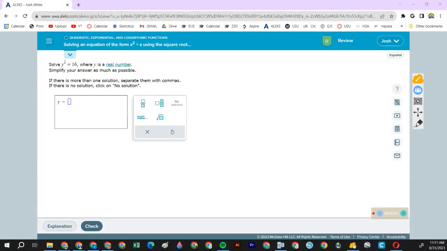We are dealing with 1.5 today. It's going to deal with quadratics where we use the square root property. So this one's pretty easy. y squared equals 16. We just square root both sides. Don't forget the plus or minus